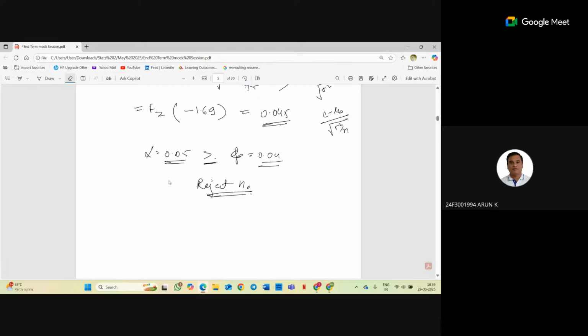But here we are comparing with the alpha value. Okay. So ma'am, since it's a left side test, if alpha is greater than 0.045, we should accept, right? As per the graph. My doubt is that, because the lowest significance level at which we accept in a left side test, I'm talking. Do you get my point, ma'am?